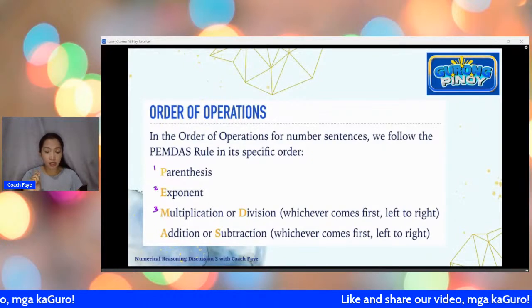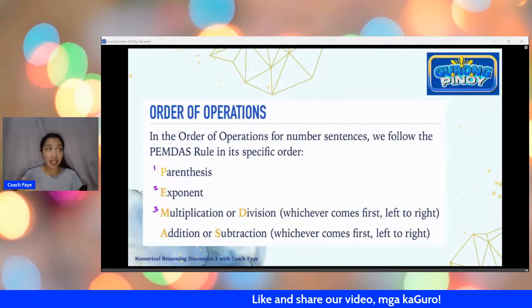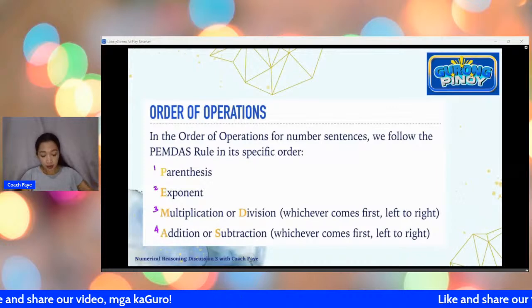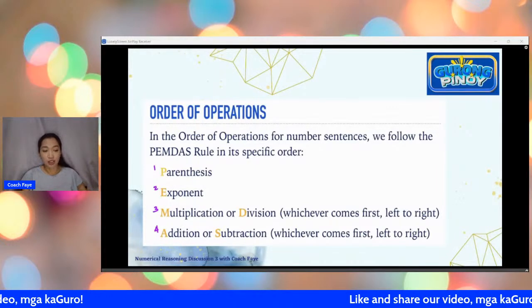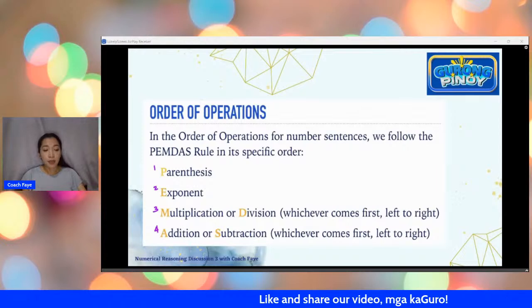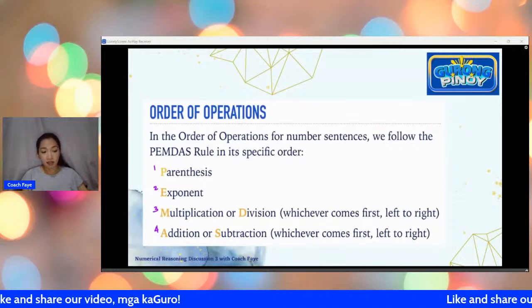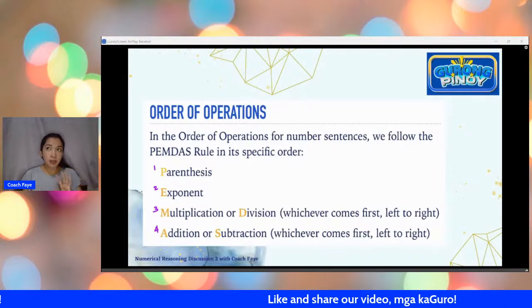Ito po yung isang common misconception na lagi kayo nag-uuna ng multiply. Hindi naman po talaga ganon. And then the fourth layer po natin is going to be your addition or subtraction. So sa addition or subtraction po, it's also same level po sila. So kung nauna po yung minus sa add, dapat po unahin siya. Pag magkatabi na po sila, o dapat unahin si subtraction.